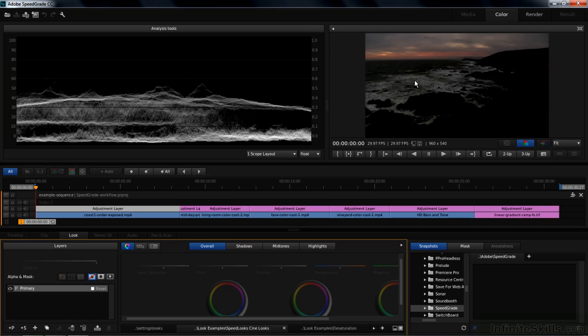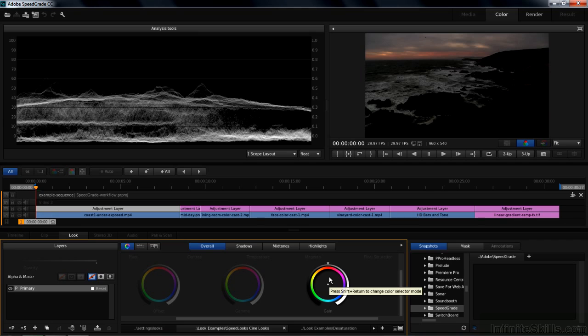Now I want to brighten this thing up a bit by lifting up the blacks first of all. So I do that down here. Let me move this over a bit so you can see it better, like so. Lift this up like this. We're going to work inside the overall section here, the master control. The left-hand wheel is called offset, which is the same as working with shadows or blacks. The middle one's called gamma, which is the same as midtones. The right one's called gain, which is the same as working with the highlights.